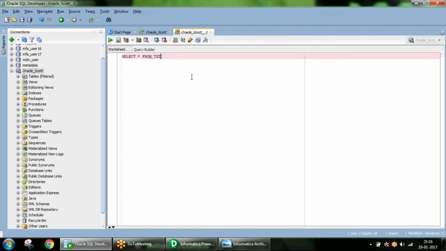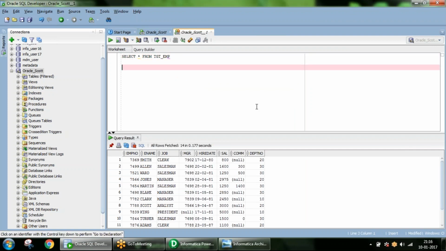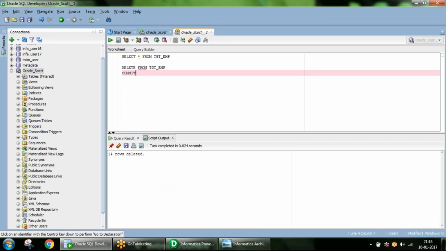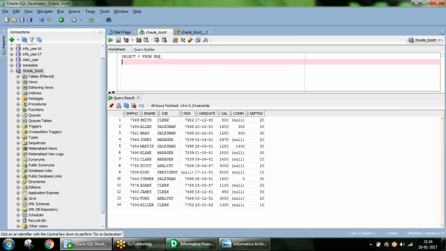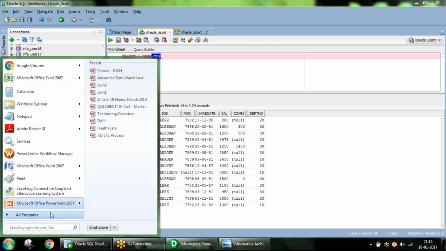I have a target called TGT underscore EMP. Let me delete the data in this table.